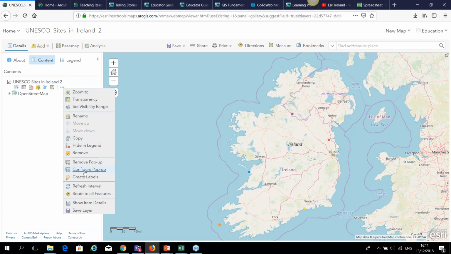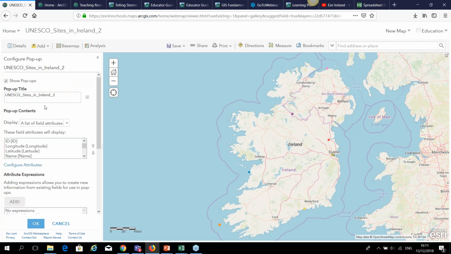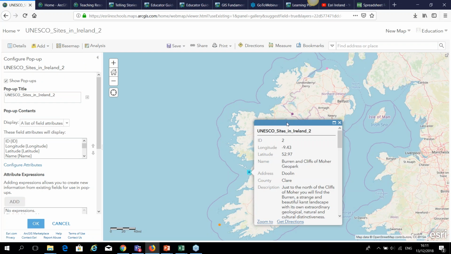So you can go down and go configure pop-up, and this will be the pop-up title when you click on it, as you can see, but we can make this look a lot nicer. So we can take away that pop-up title. You can type in free text, or you can actually tick the field name. So here is the name. So every time you pick on a point, the different field names for each of the points will display,